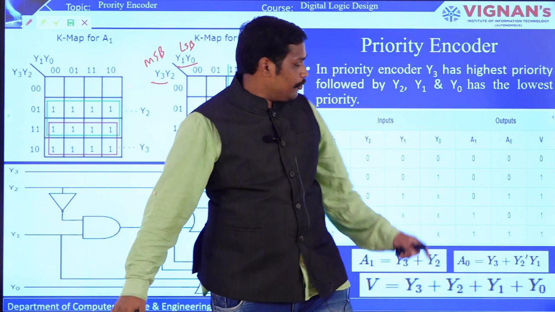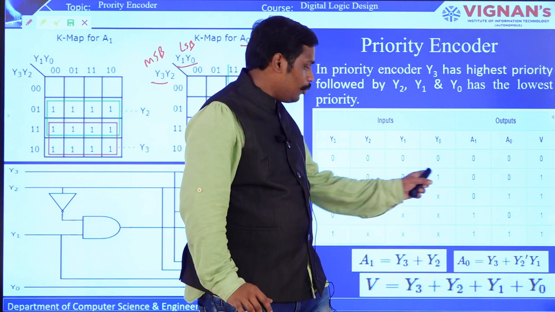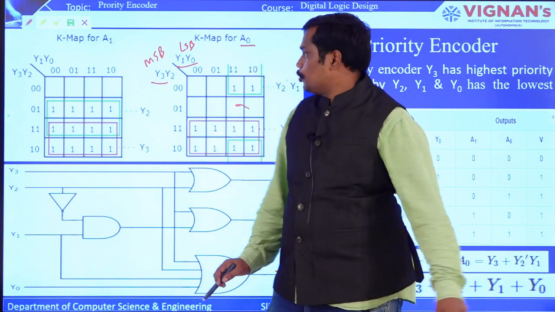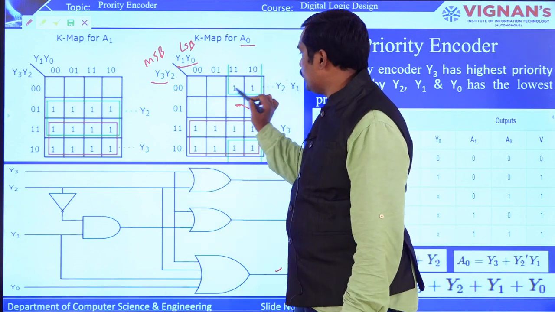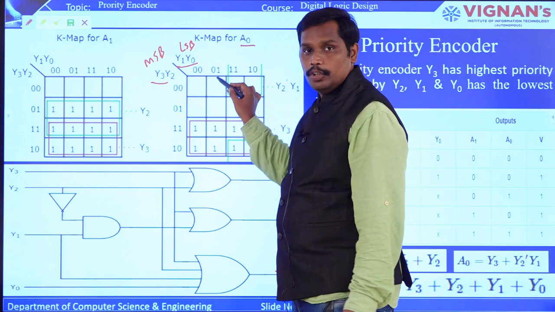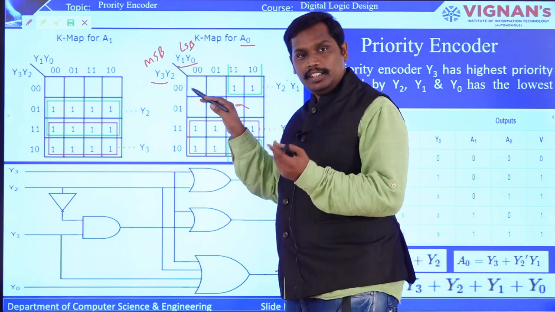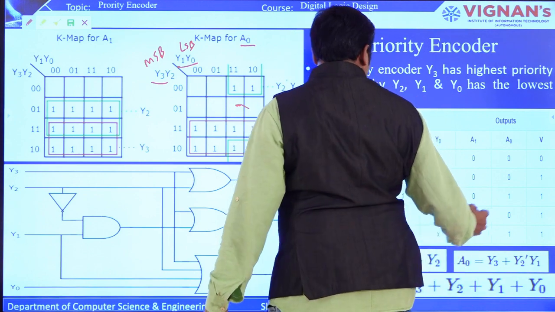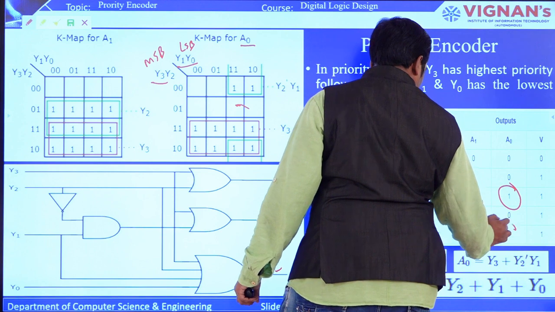So now the input, for example, if you consider it as 0, 0, 0, 1, right? 0, 0, 0, 1 means what? 0, 0, 0, 1 is 1, right? Sorry, it is 0. So it is represented with 0. Wherever there is 1, we are representing the Karnaugh map with 1s. Okay, now you can see, for example, here for A0, you are having 1 here, and here you are having 1.